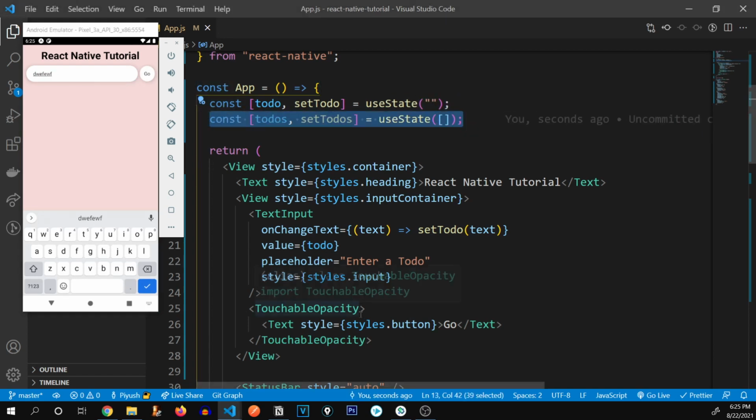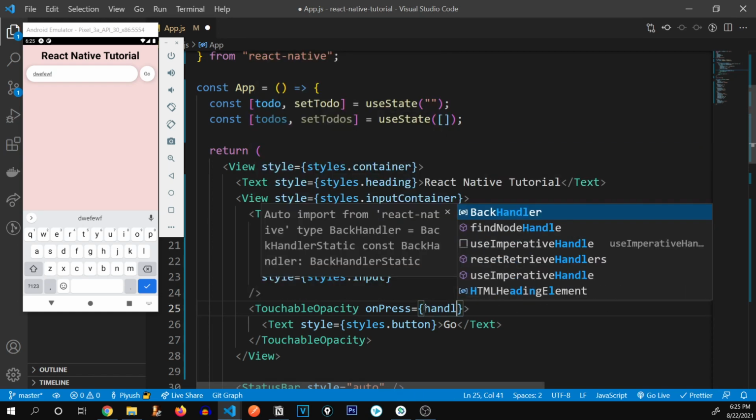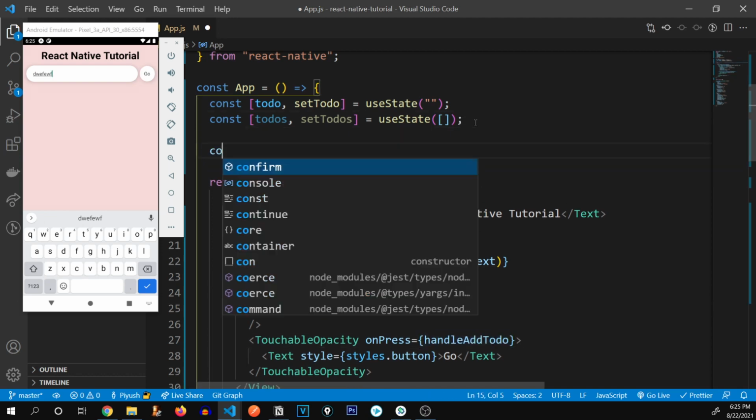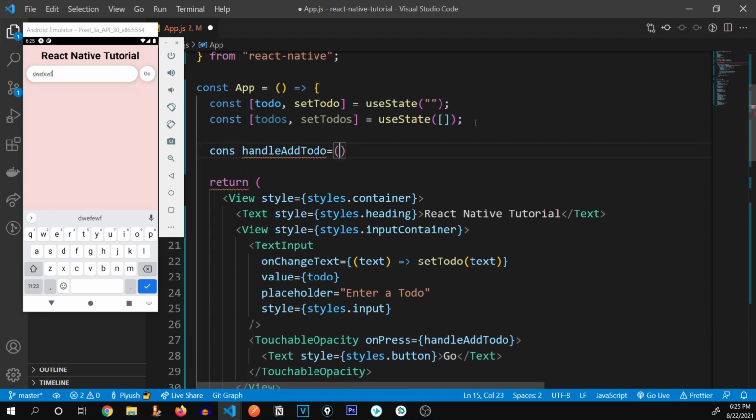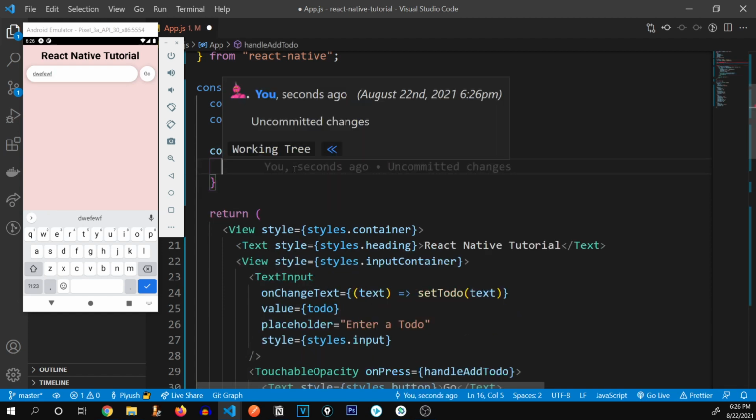array. So let's go ahead on TouchableOpacity, and I'm gonna say onPress. So just like onClick in React, in React Native we have onPress, and I'm gonna say a function name. Let's say handleAddTodo. Now this function doesn't exist yet, so I'm gonna go ahead and create it. const handleAddTodo. Now inside of this, whenever this function is fired off,